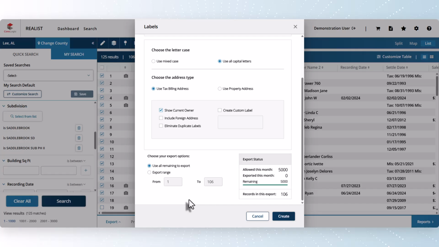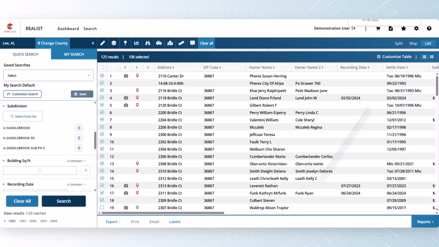And as we go down, we can see how many of these farming exports are going to be in this particular export. Now, as you can see, you're allowed 5,000 per month, which is a pretty good amount, considering how much postage is these days. Now, this export is going to be 106. And once the month starts over again, this will reset and you can do different farming next month. But once we're completed with this, we can click create